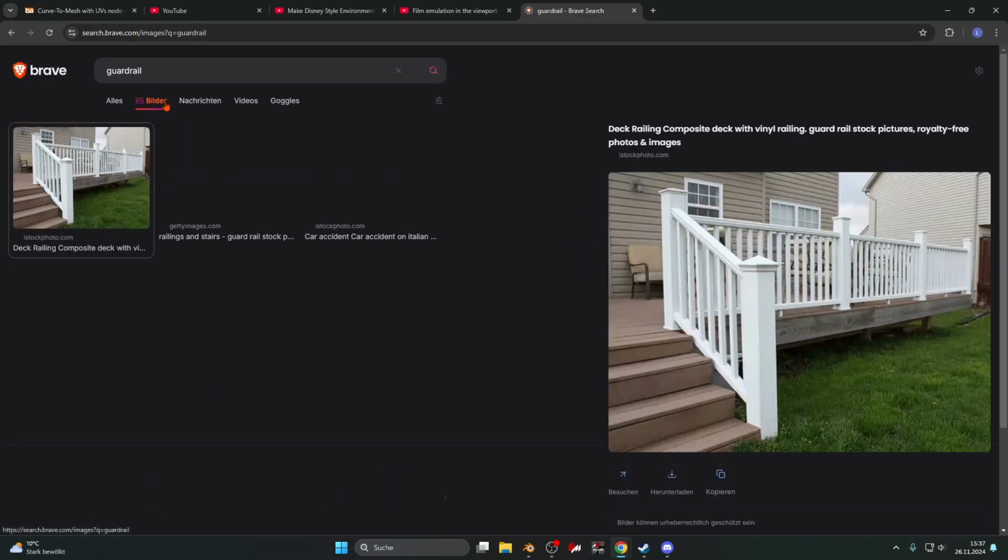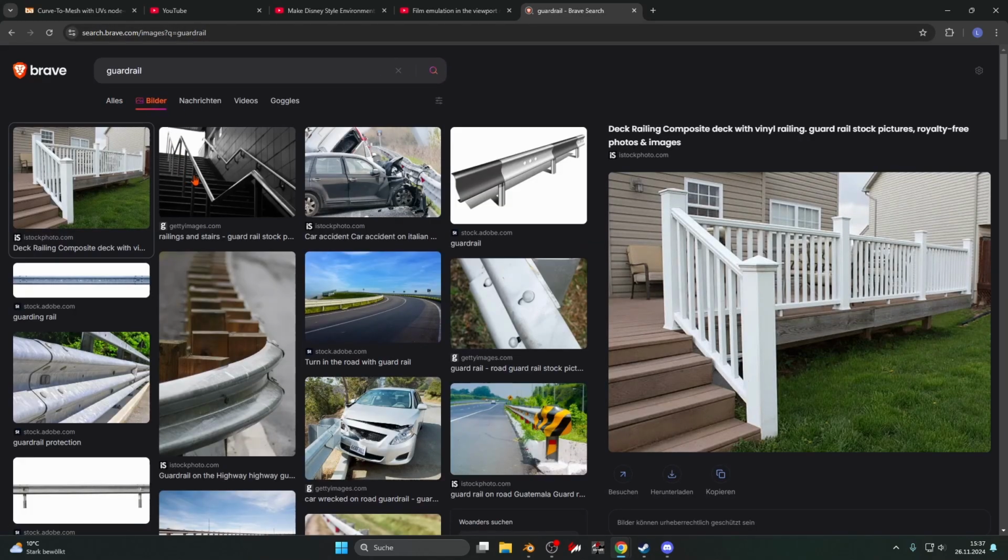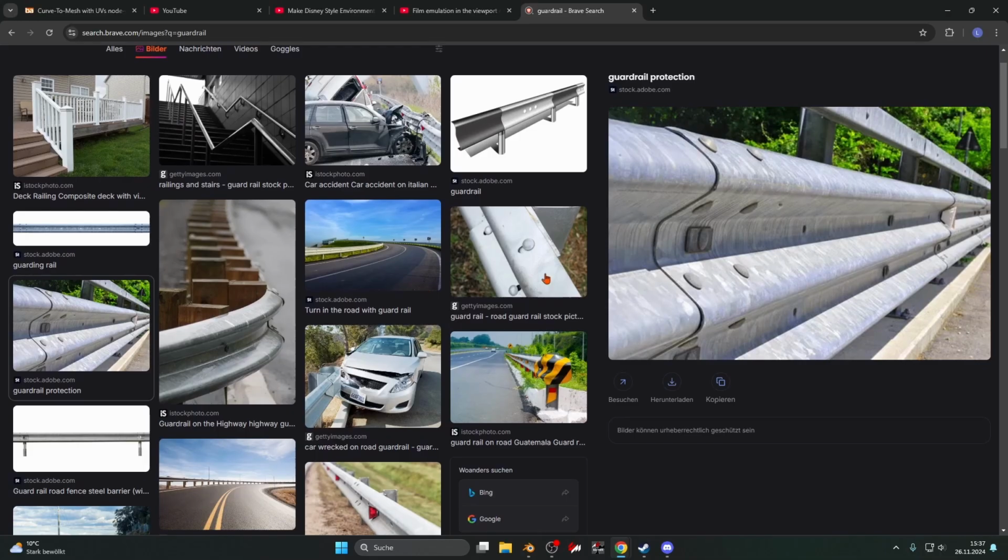Go to pictures. Let's take this one, for example. It's not completely sharp. We just want to follow this and we need the size of this. You can simply Google it. Or in my case, I am pretty sure that this is 30. One of these is 35